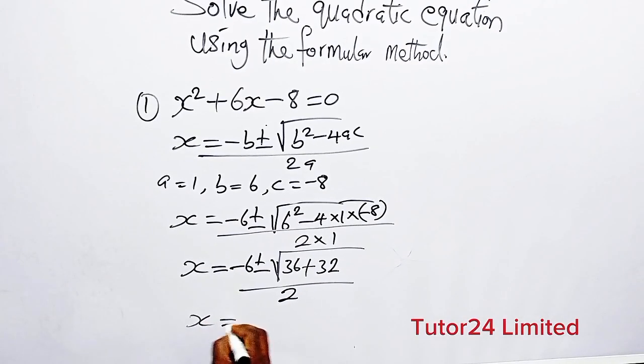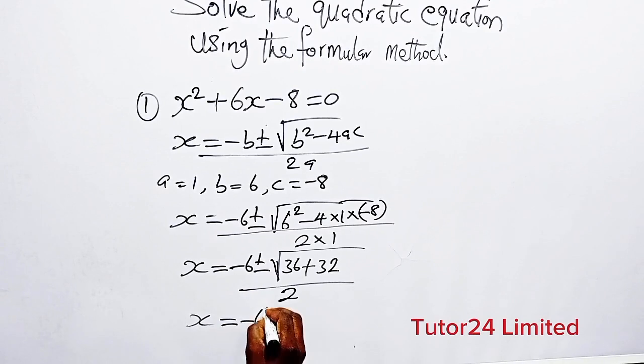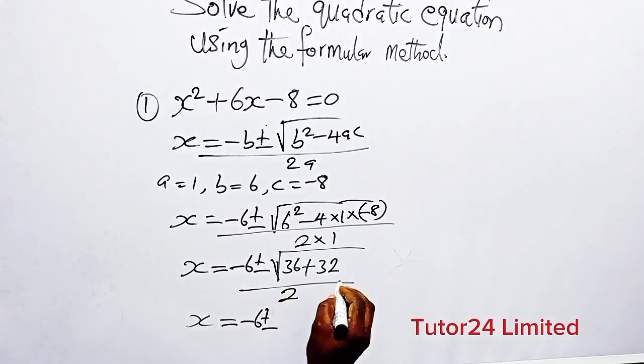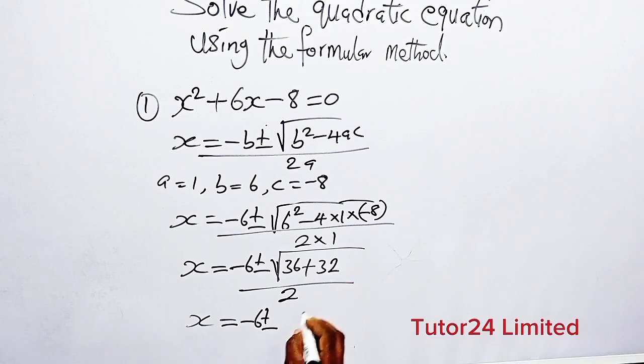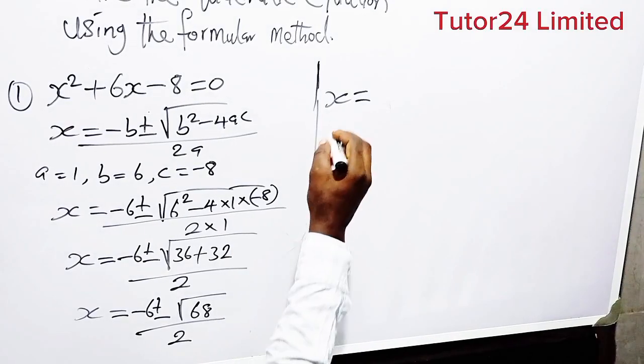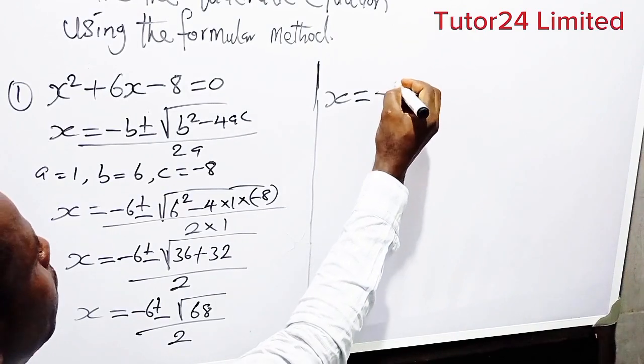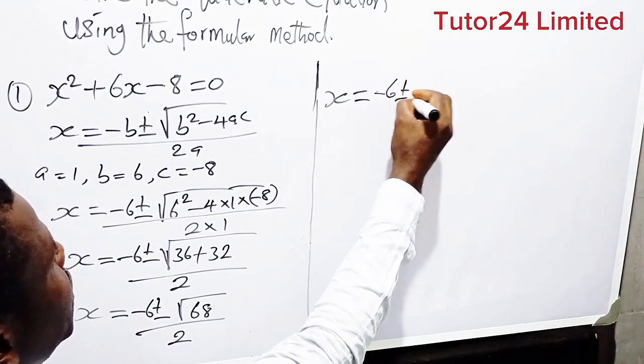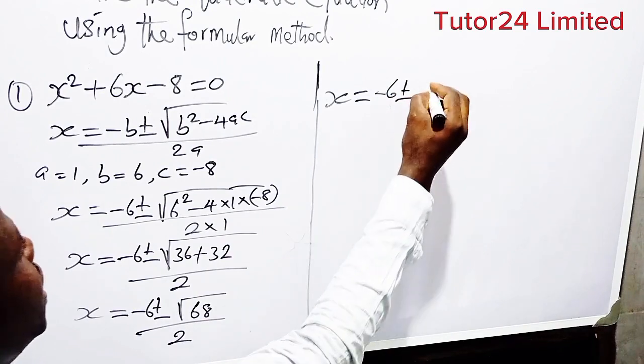So x equal to minus 6 plus or minus the square root of 36 plus 32, which is 68, root 68 all over 2. So x equal to minus 6 plus or minus root 68, which is